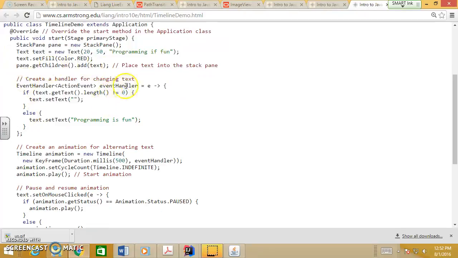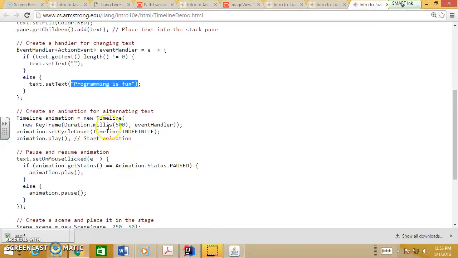So this one creates a text, says programming is fun, sets it to a color, adds to the pane, and makes an event handler. This event handler pretty much just checks if the text is empty. If so, we set it to empty text. Otherwise, we just set the text to say programming is fun, and make the animation to the